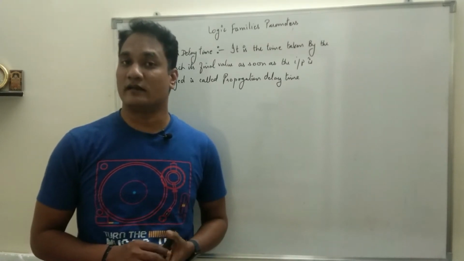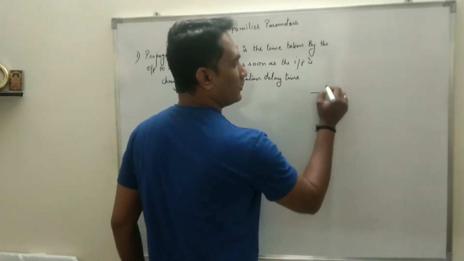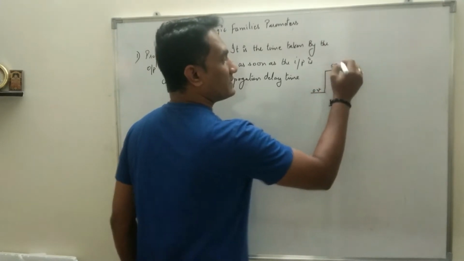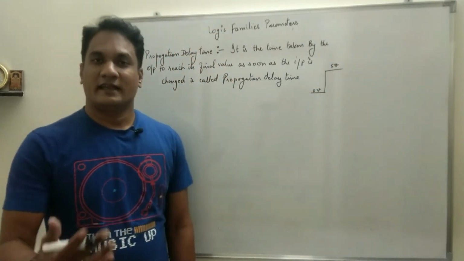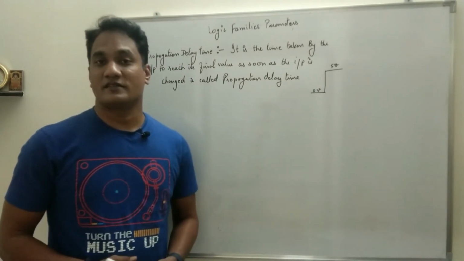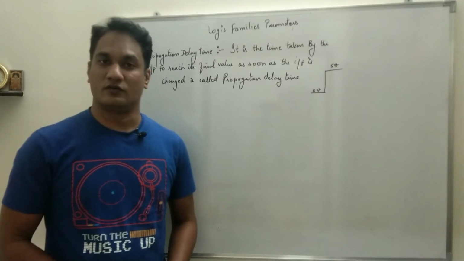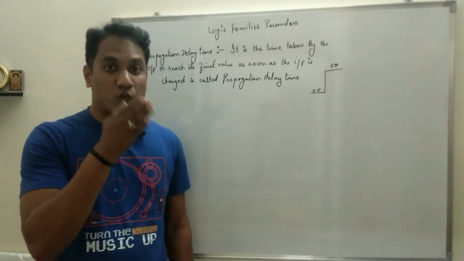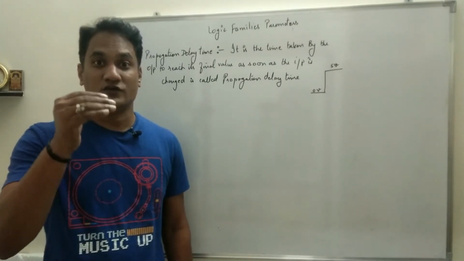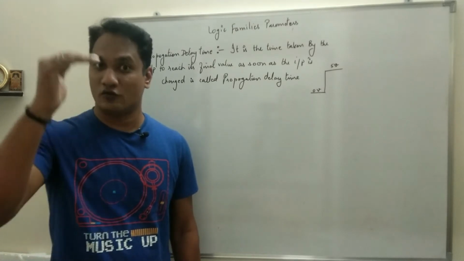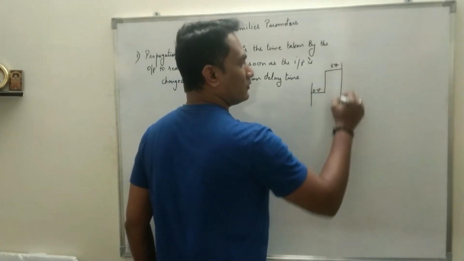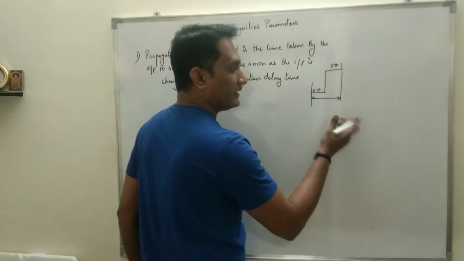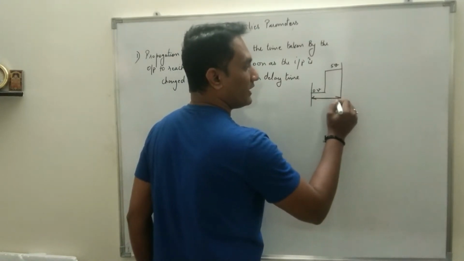But what is this 0 and 1? 0 corresponds to a certain voltage and 1 corresponds to a certain voltage. Standard values are 0 volt for 0 and 5 volt for 1. Just take an example of an AND gate. When you give input 0 0, the output is 0; 0 1, the output is 0; 1 0, the output is 0. But as soon as the input becomes 1 1, the output changes from 0 to 1. That means it is going from 0 volt to 5 volt, right? So there will be some time taken by the AND gate to reach from 0 volt to 5 volt, right?